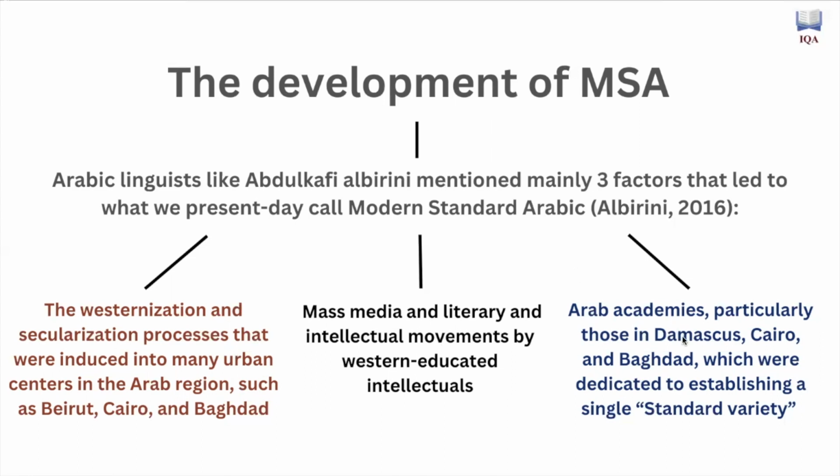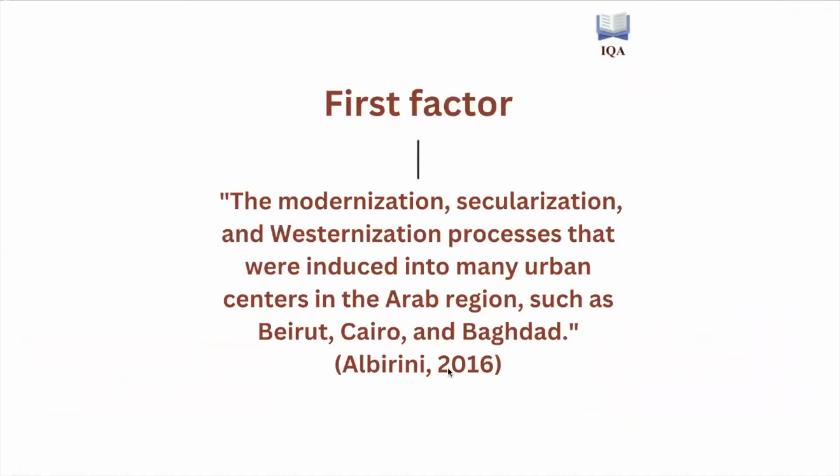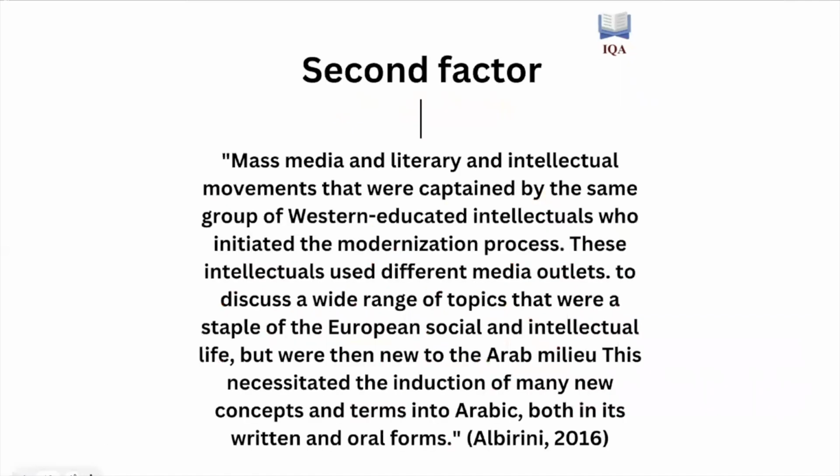Likewise, you have Arabic academies, particularly those in Damascus, Cairo, and Baghdad, which were dedicated to establishing a single standard variety. And we're going to also talk about that. So these three factors coming together pretty much created this term of modern standard Arabic. So the first factor was what we just talked about, which is pretty straightforward. The second factor, and this is probably the greatest factor, is that,